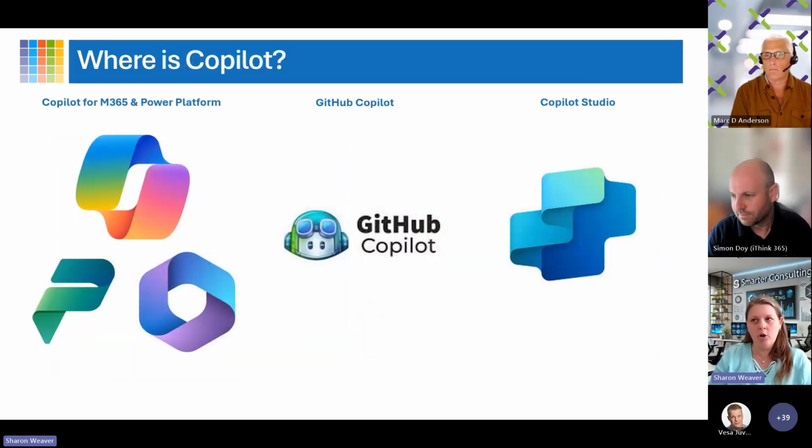So where is Copilot? Everybody's like, okay, that's nice, but what does Copilot even do? Well, Copilot's getting everywhere in the Microsoft stack. So we're starting to see it. We've got M365, so all your Office tools are now going to have Copilot. Anything you work on at a productivity level is going to have Copilot. It's in Power Platform. So if you're making a Power Automate, or a Power App, or Power Pages, and you're like, I don't exactly know how to do this.